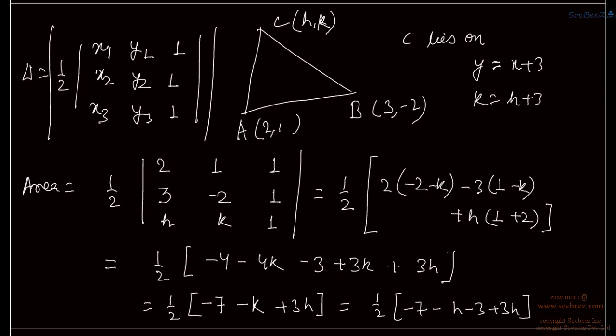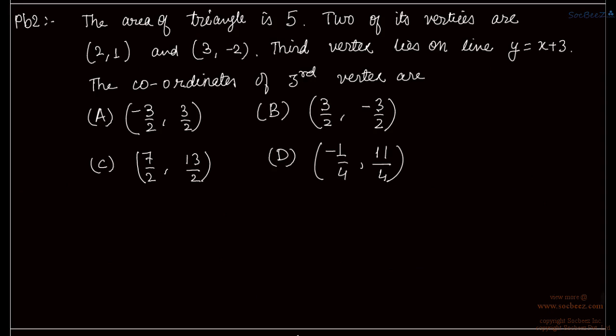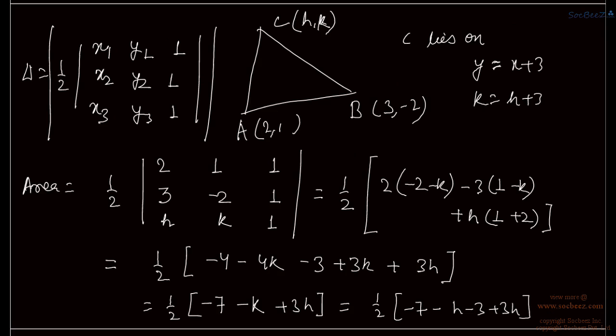Let us check whether we have evaluated the determinant correctly or not. So we have 2 times minus 2 minus 1, we have the coordinates 2, 1 and 3, minus 2, and the third vertex lies on the line y is equal to x plus 3. So we have the determinant as 2 1 1, 3 minus 2 1, and h k 1. So we have 2 times minus 2 minus k, 3 times 1 minus k, and h times 1 plus 2,